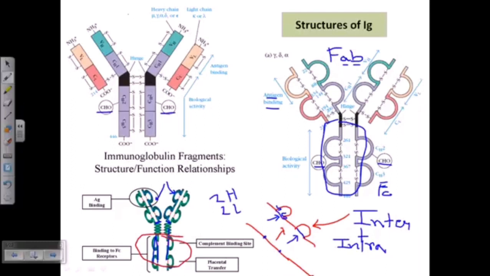Okay, now in this picture it is much more clear how the disulfide linkages are there. So here are the disulfide linkages, here the looping is not shown,